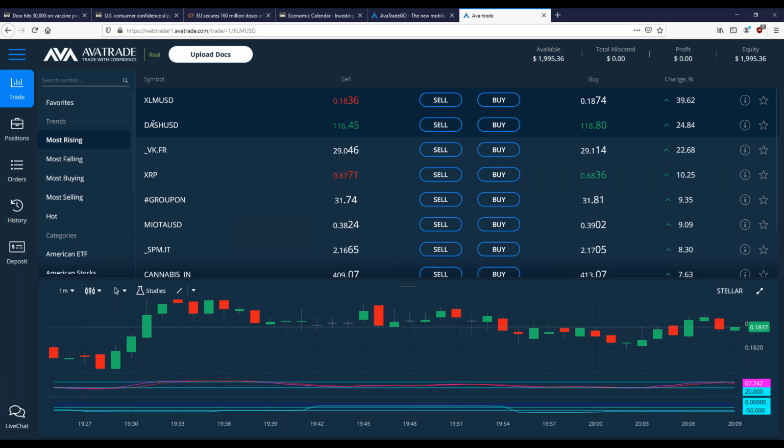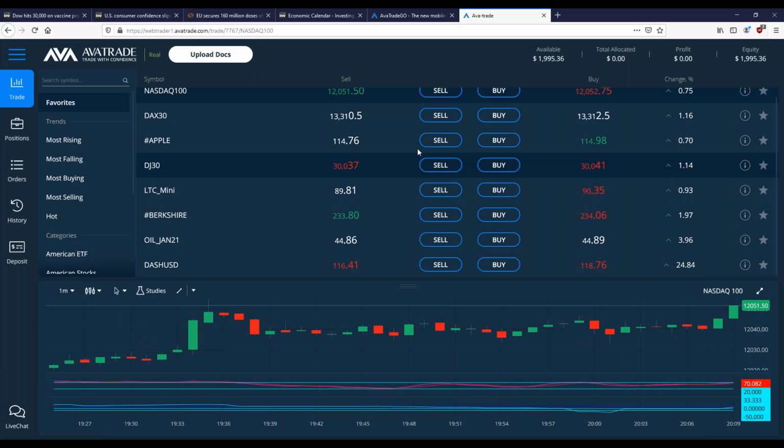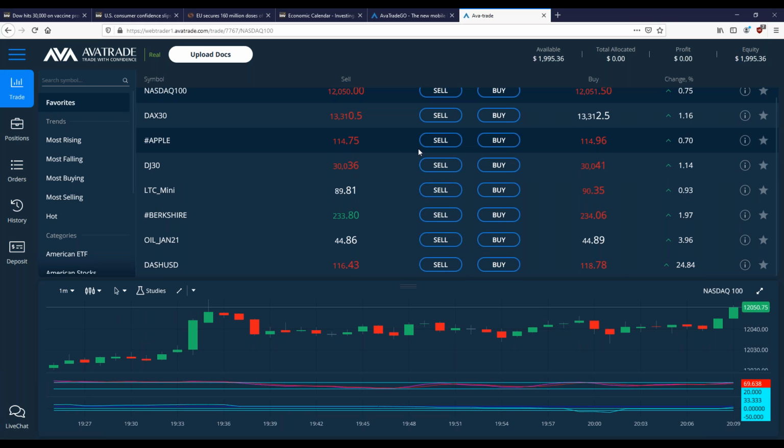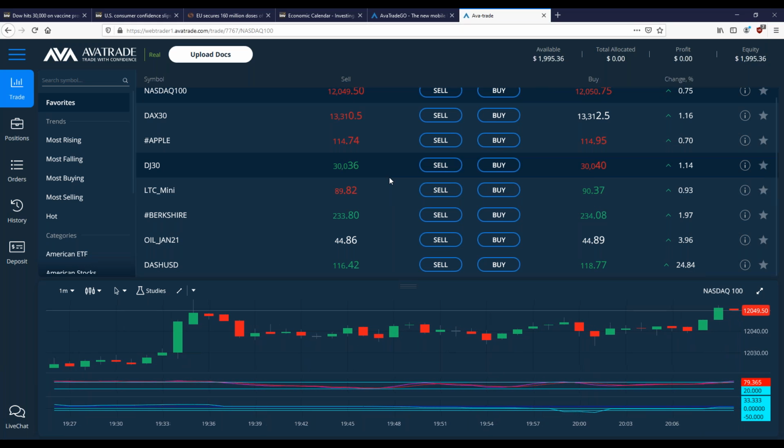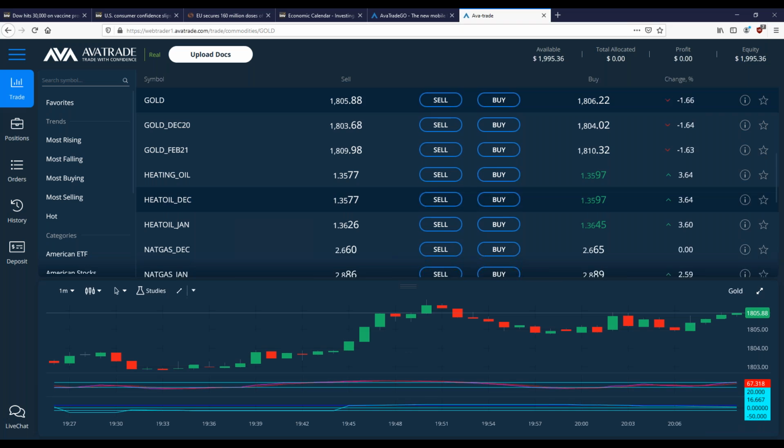If I say, oh, I want to add dash to my favorites list, so I just click the star, there now the star is highlighted, now I go back to my favorites and there's dash. Okay, very simple to navigate. And let's say you want to look at the Ava Protect feature, and we'll get into the fundamental news here in a minute. For those of you that are wanting to hear it, we will get into it just a second. If I'm putting gold, silver, or any FX pairings, okay, there I just added gold.